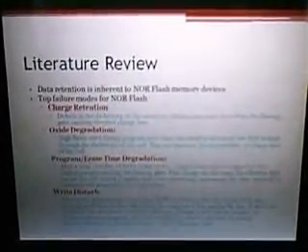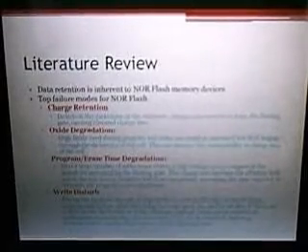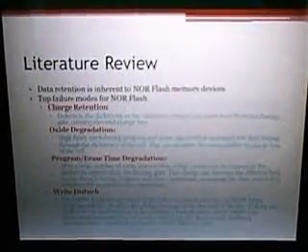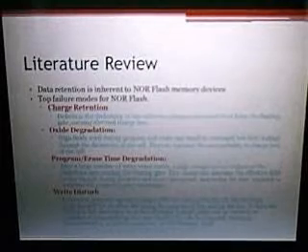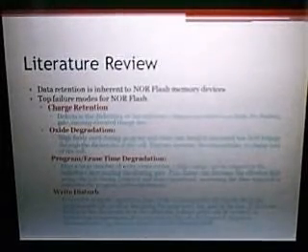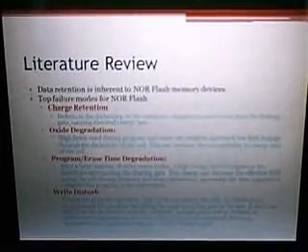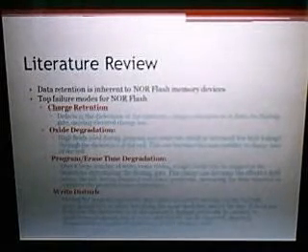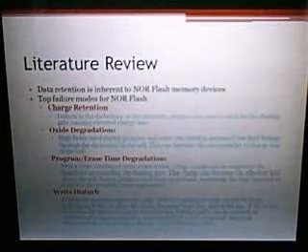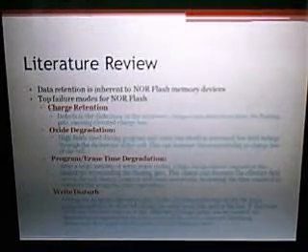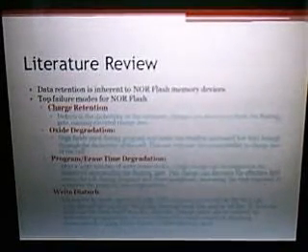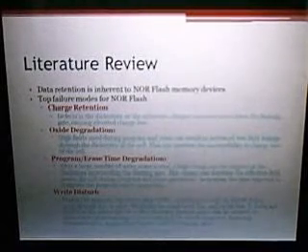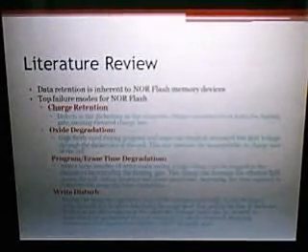During the course of this project, we not only had data at our disposal, but we also conducted a very thorough literature review for this particular failure mode. NOR flash memory is not a new cutting-edge technology. It's been on the market for a while. So both myself and my partner embarked on an extensive literature review to determine if we could come up with